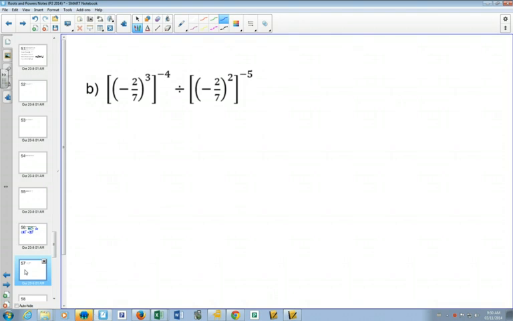So we've got a combination of rules here. It's a decision, what do we do first? Here I have a power to a power. I can put those together by multiplying. So if I do that on both of these,